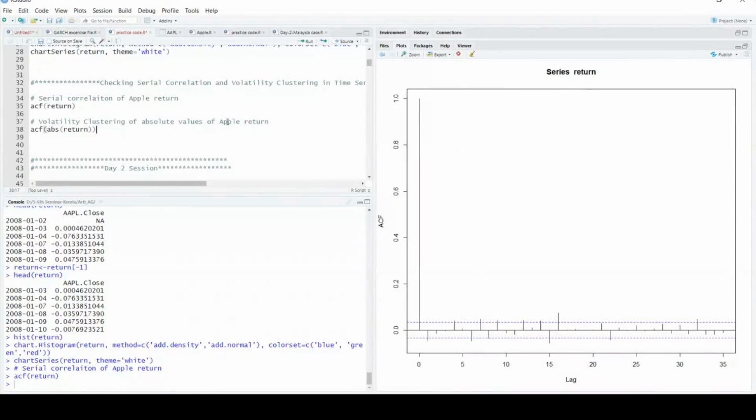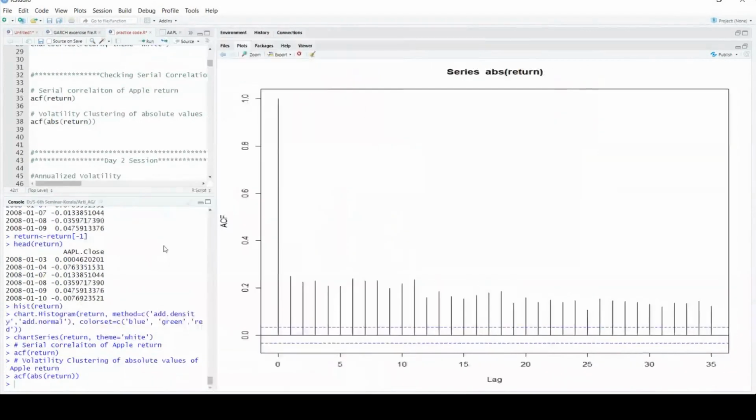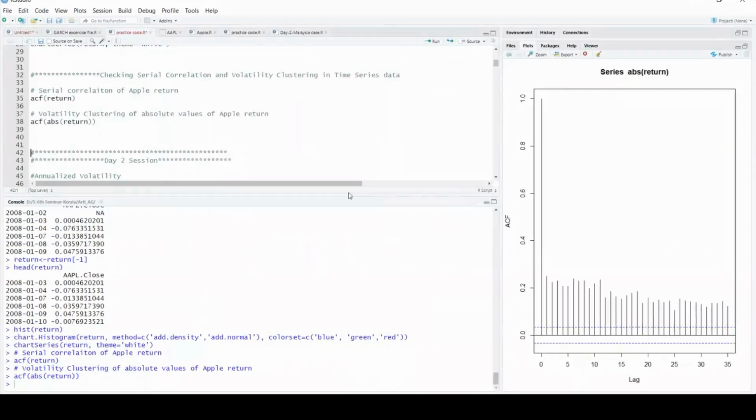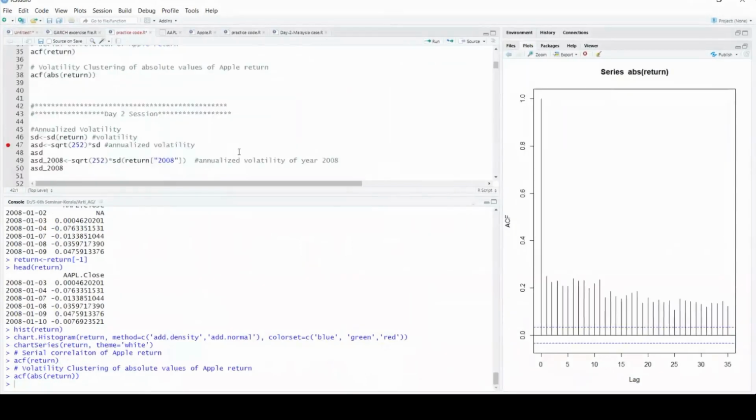So what I would be doing is taking the absolute return and plotting the ACF curve. While plotting the ACF curve, I found my hunch was correct. After visualizing the graph, I had a hunch of volatility clustering, and that hunch is correct. As you can see, most of the bars are crossing the blue band line, which is the confidence interval. So it says that the data series has volatility clustering. Now, this was the talk we discussed yesterday, and then I ran the GARCH model also, which I will be doing in due course.